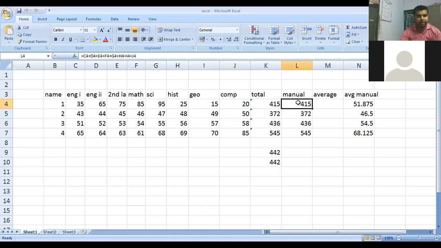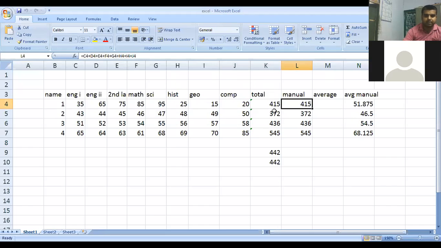In the manual method, if you have to perform a sum, you write the cell addresses with the plus operator in the middle, and this is how you can perform the addition.